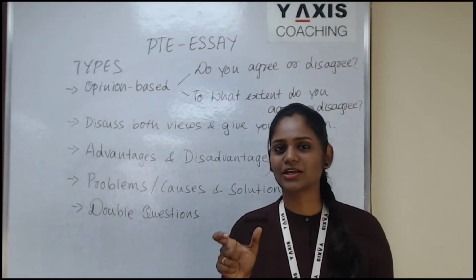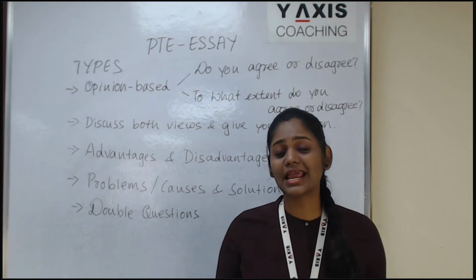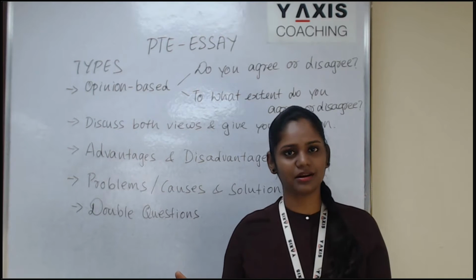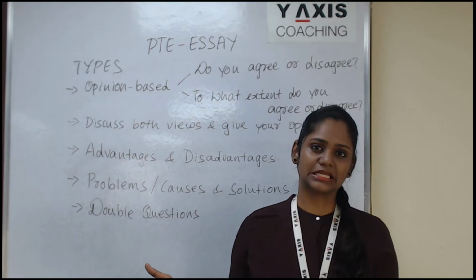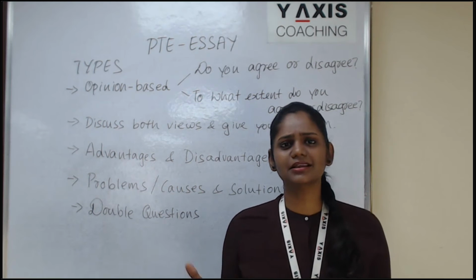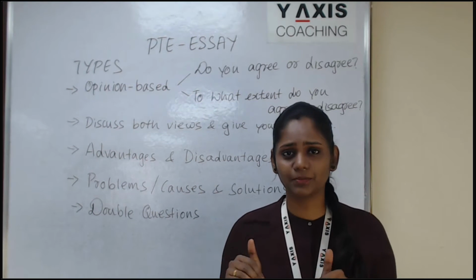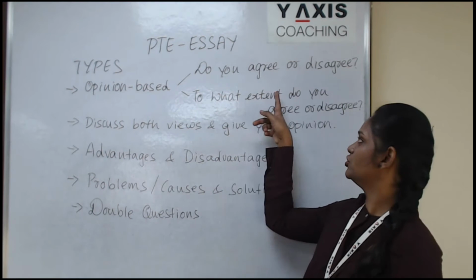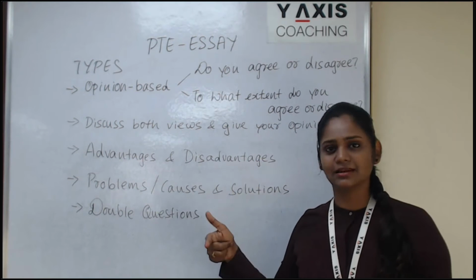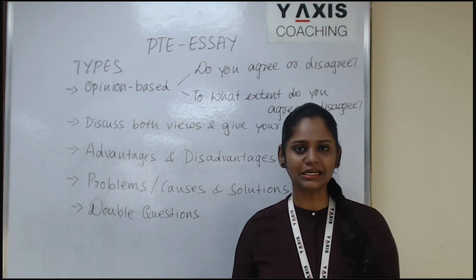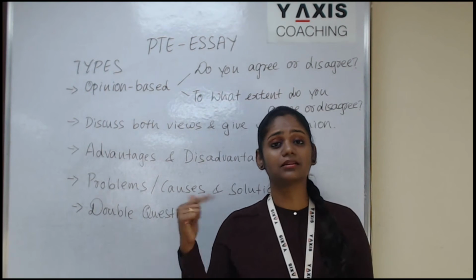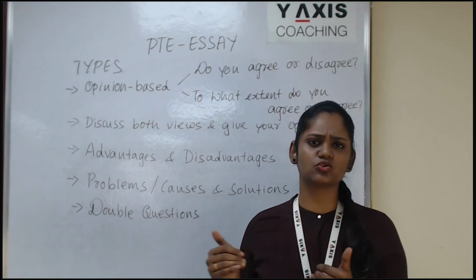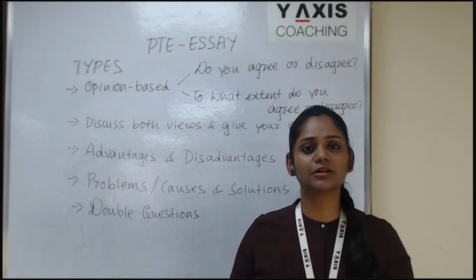Whereas if the question statement is to what extent do you agree or disagree, then to a certain extent you can agree, or to some extent you can disagree, or you can agree and disagree at the same time. So to what extent, in the sense, you have a privilege of taking a neutral stance. So if it is to what extent do you agree or disagree, even then you can completely agree or completely disagree. And the third option, to take a neutral stance to some extent, to a greater extent, to a lesser extent. So you have that privilege.